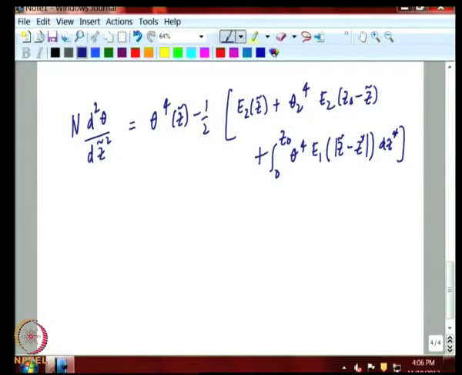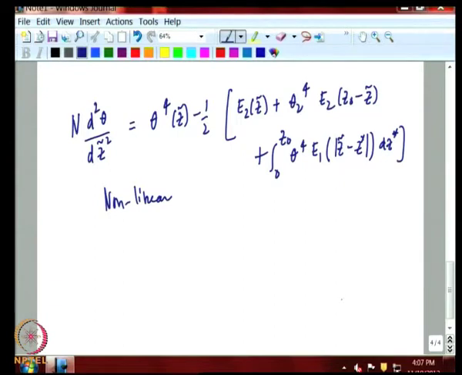Now, this problem has to be solved on the computer. There is no other way, because in conduction radiation interaction, radiation goes as T to the power of 4, while conduction goes linearly in T. So, when you combine the two, you are going to have a problem of nonlinearity. The problem is nonlinear. Hence, the only way you can solve this is numerically, and I will give some results from the numerical solution to give you a flavor of how conduction influences radiation.